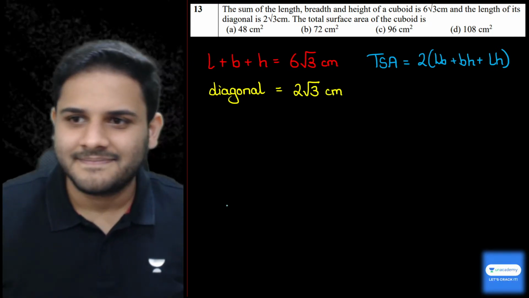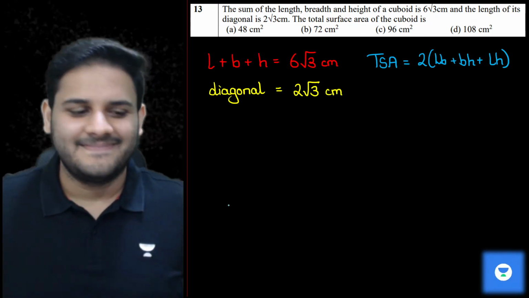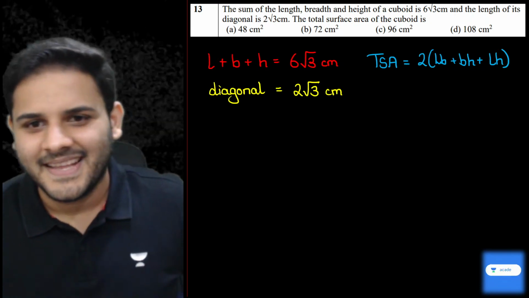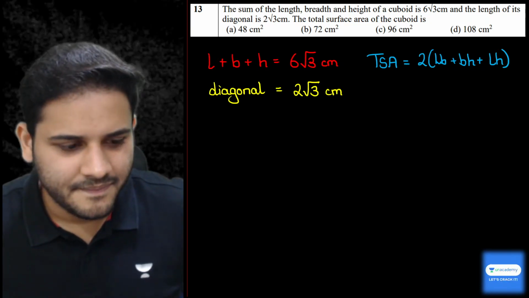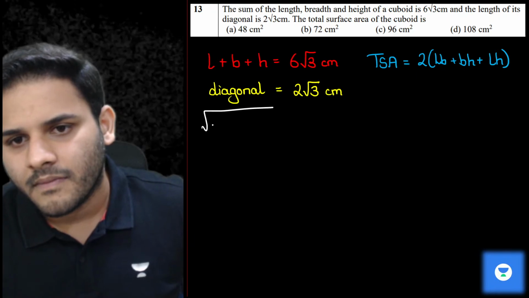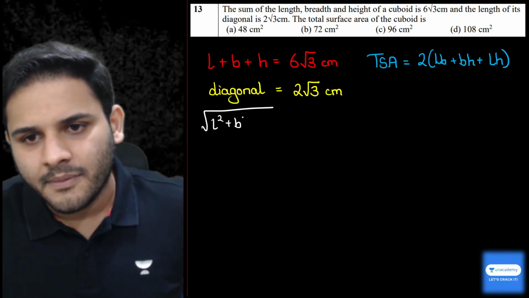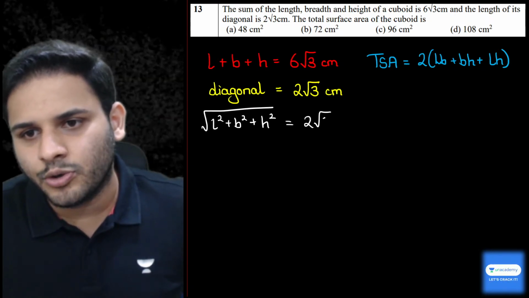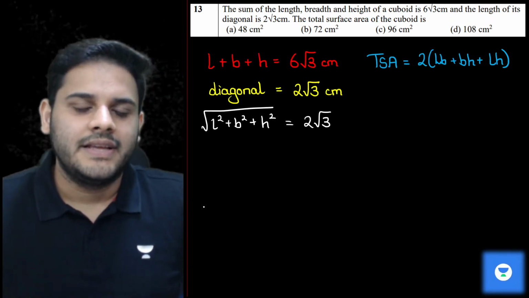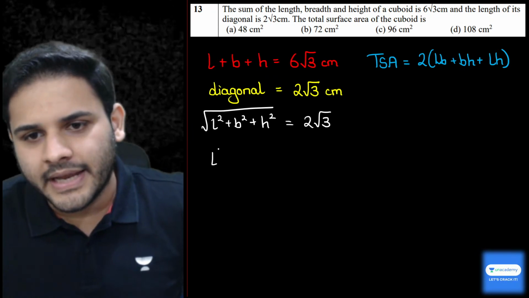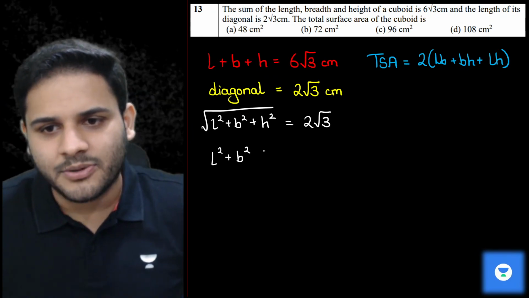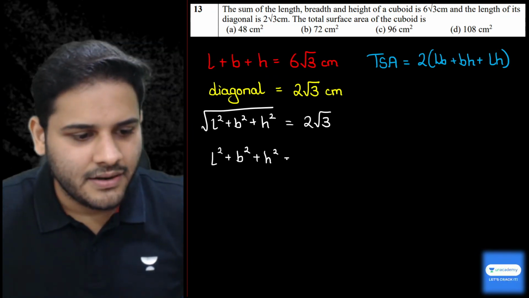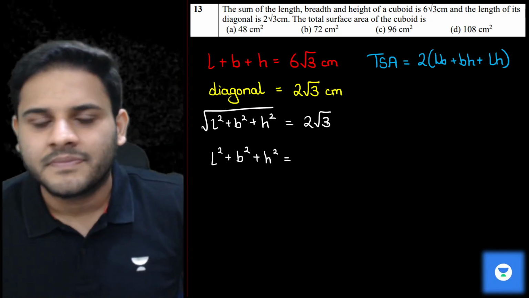Anyone? Okay. L square plus B square plus H square is equal to 2 root 3. Yes, the peoples. So we'll get L square plus B square plus H square is equal to 2 root 3